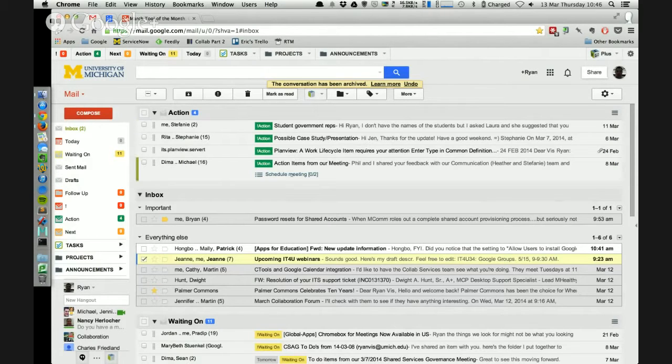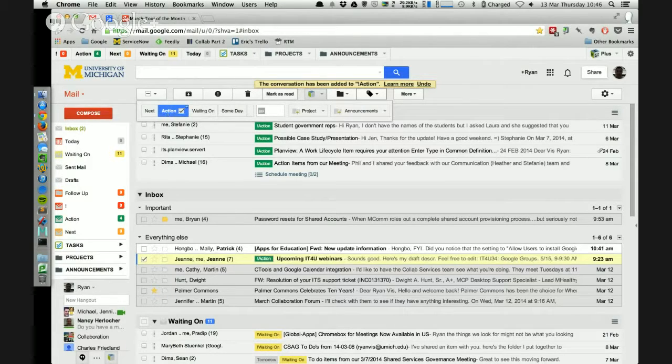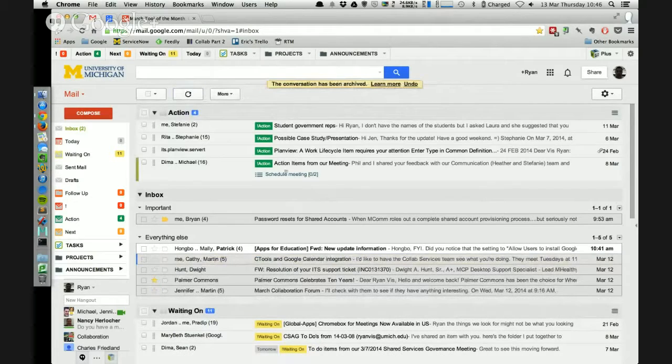So what I'm going to do is I'm going to go up here. Now that it's selected, I have a new little icon from Active Inbox. I'm going to open that up. And Active Inbox gives me a bunch of options. Since I know I have something to do, I'm going to make this an actionable item. And then I'm going to archive it. And I'll do a quick refresh.